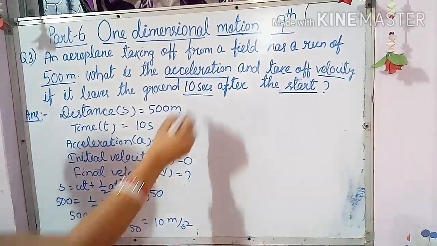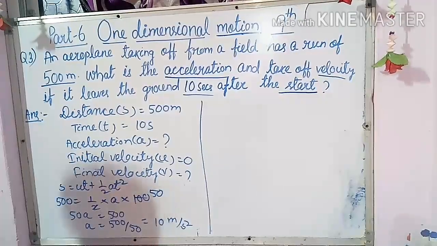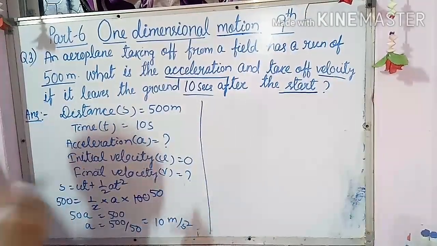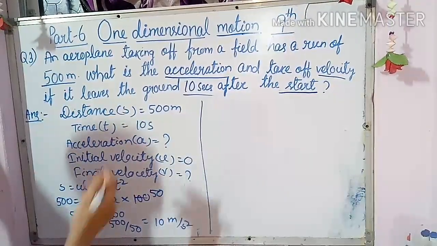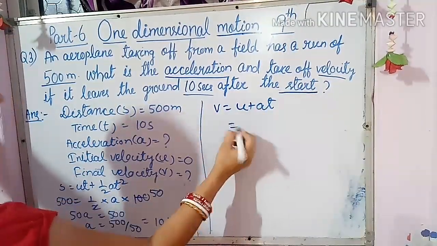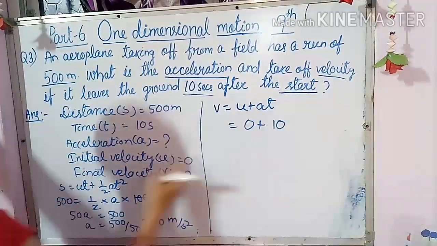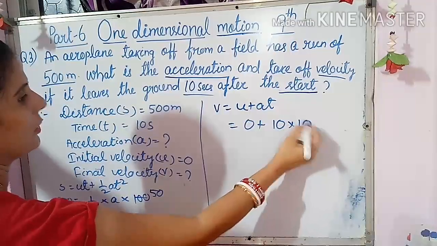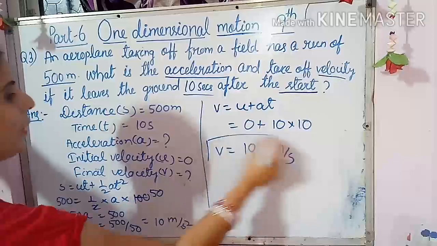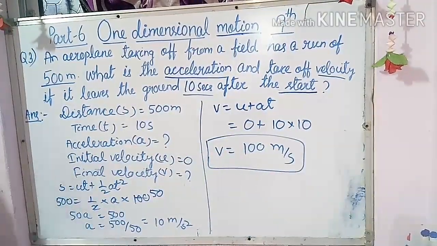First is over. Now go to the second one, asking v. So any equation you can apply here, maybe third or maybe first. I am going to put here the first equation because it is easy. Why? We will not have to calculate the square. So directly v equal to u plus at. Simply we can put that one. U has given 0 plus a you got 10 and t you got 10. So v equal to, you will get 100 meter per second. So this is your final answer. Now you can do it at your note. Now go to the next question.